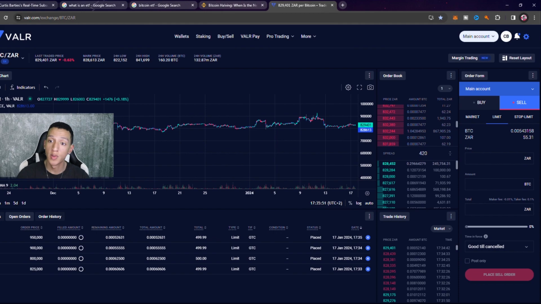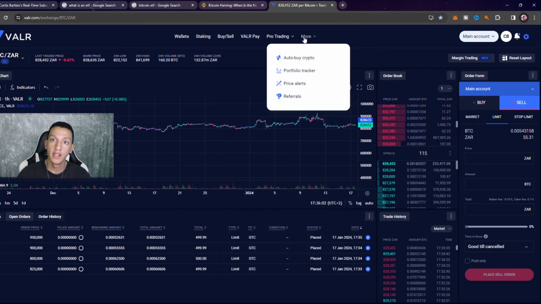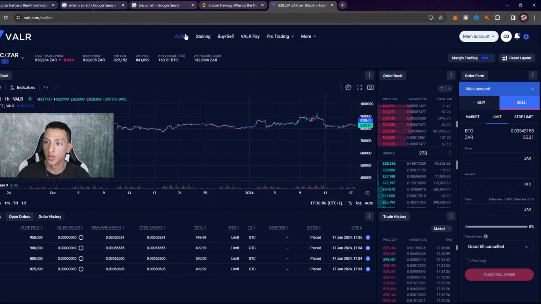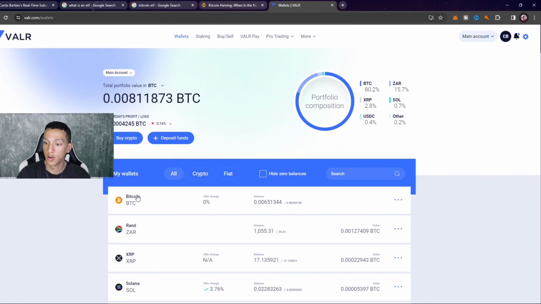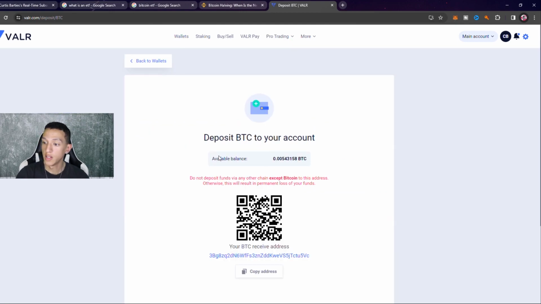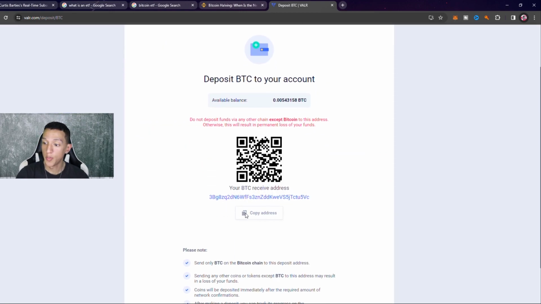Obviously there's way more to it, but this is just the platform at an entry level, basically just navigating around the platform. So I'll do a quick demonstration of how you can send Bitcoin to a different address. For example, you have Bitcoin, you click on this. As we can see here, we got BTC, the balance, and deposit. For deposit, this is where you want to send BTC from a different account to this one. Now it's going to give you a QR code and a copy address. This address is very important, because if you misplace it, you might send BTC to the wrong address.